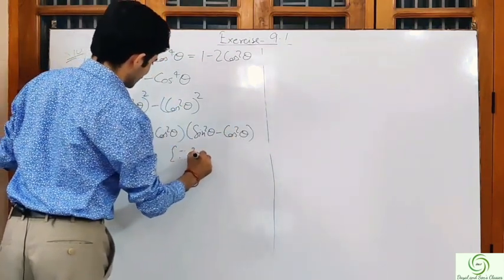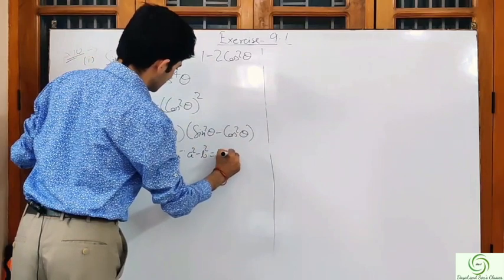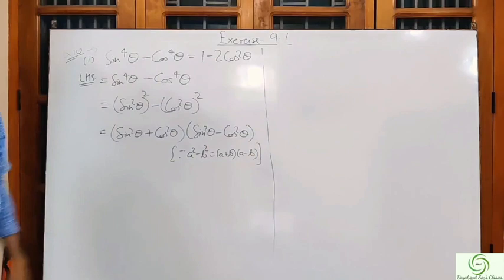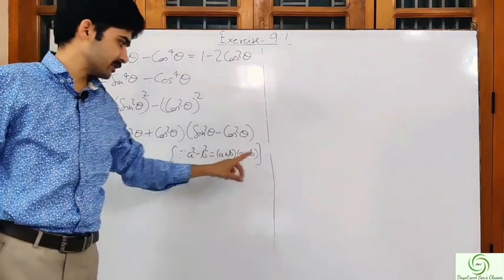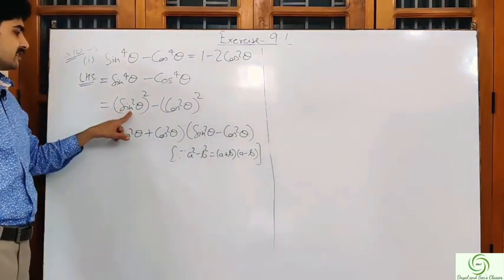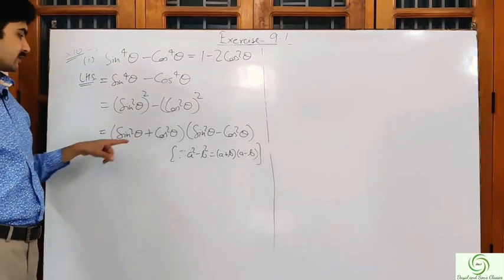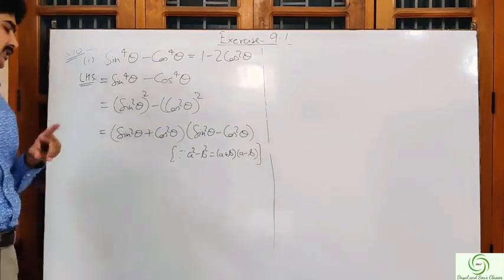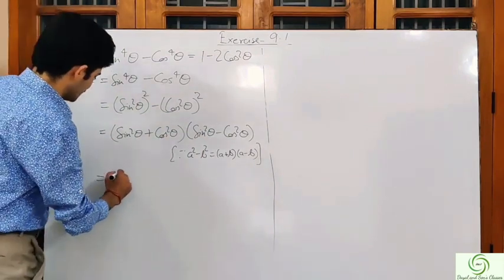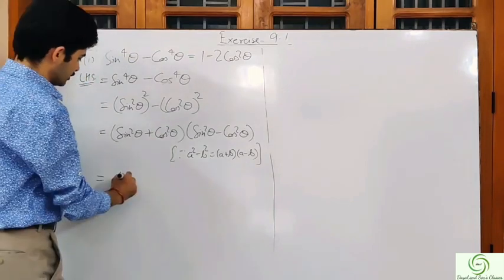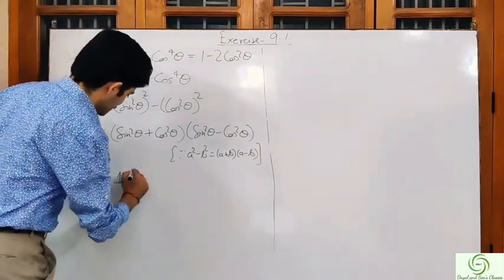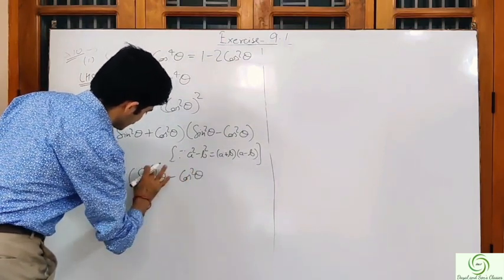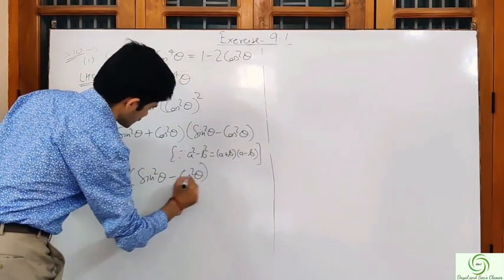I have used this algebraic identity that a square minus b square is equal to a plus b into a minus b. Here a is sin square theta, b is cos square theta, so a plus b into a minus b. Now sin square theta plus cos square theta is 1 by identity. I can write it as 1 into sin square theta minus cos square theta is equal to